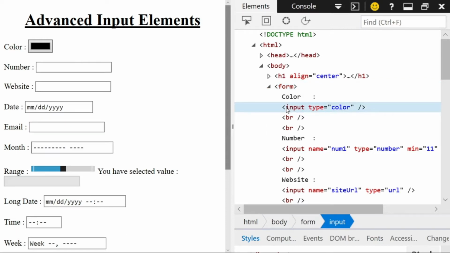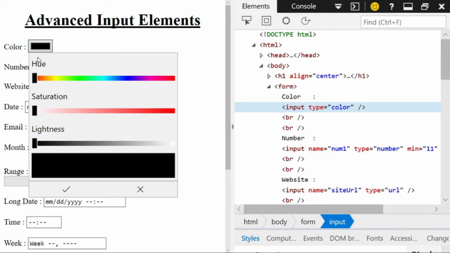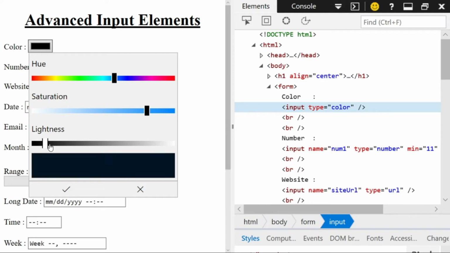The moment I give this tag within the form tag, I am provided with this color picker and it has got three options: hue, saturation and lightness. Depending on the choice of color and its intensity, the color variation can be varied and the proper color can be selected.